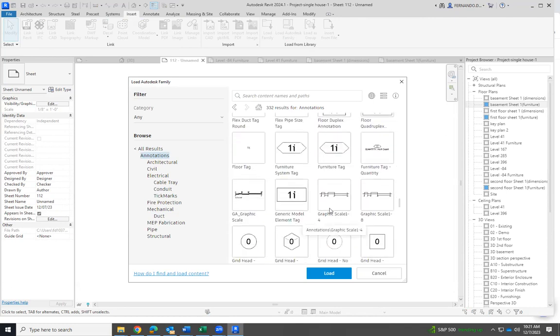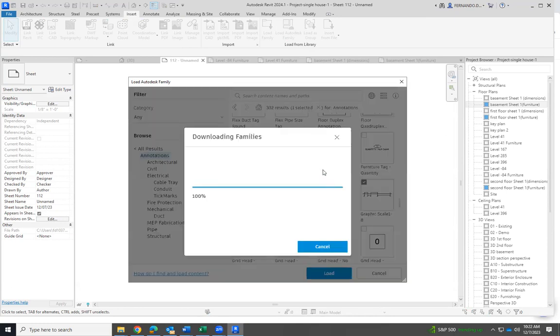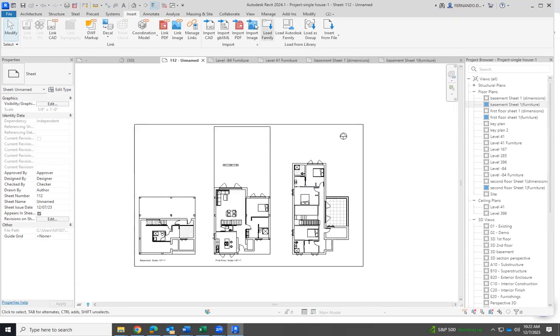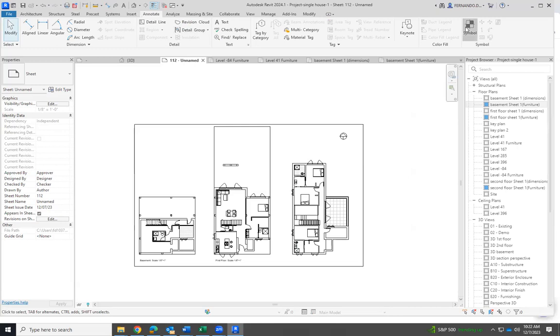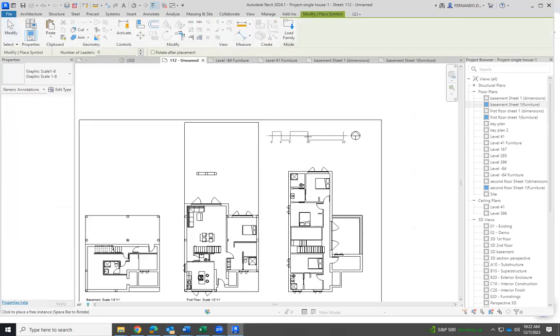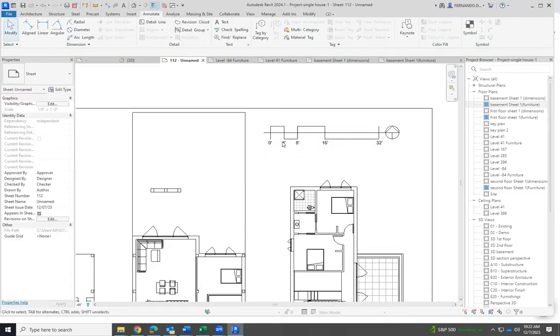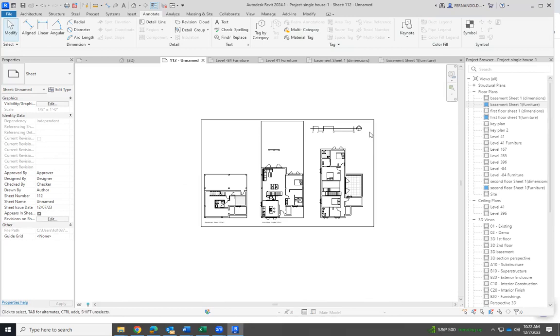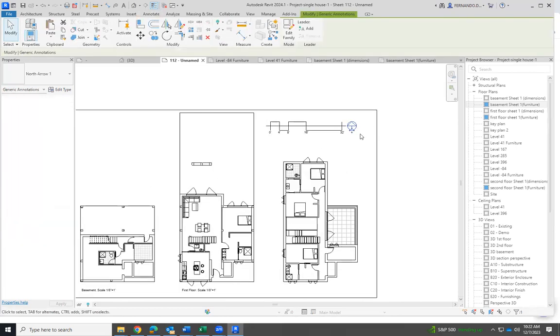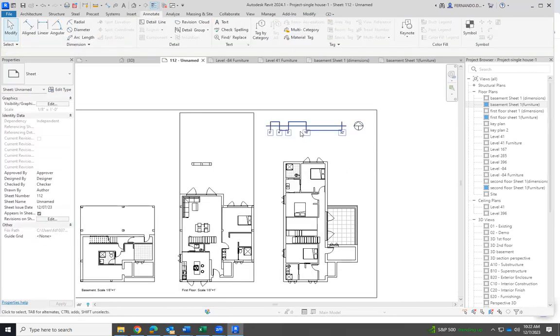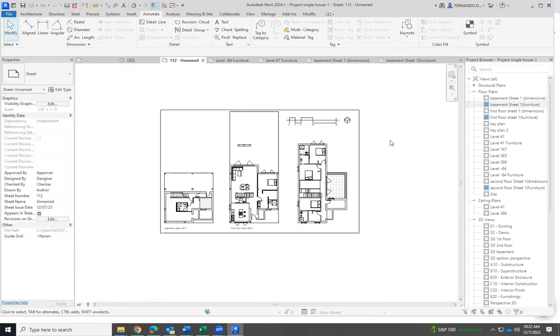Yeah, so we have a graphic scale. This is 1/4, and this is 1/8. Okay, so let's try to load this one. And now in annotate symbol, we will have this graphic scale. So in the picture, this is 4 feet, 8 feet, 16 feet, and 32 feet. If we don't like it, and I'm not happy with this because probably it's too big,